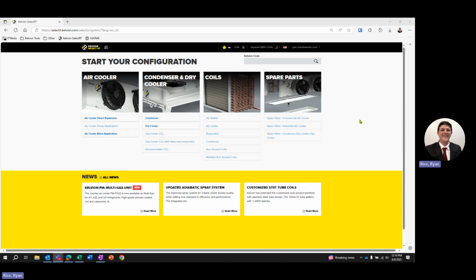So that's going to include annualized power and water usage and costs for a system that you select, generating specifications and CAD files out of Kelvion Select RT, saving and referencing selections, so to go back and find them if you have multiple selections you're working through, building a quote directly in KSRT,